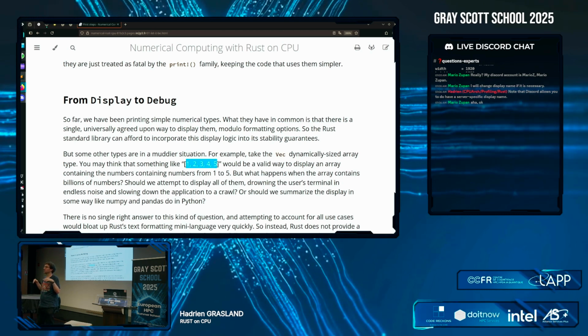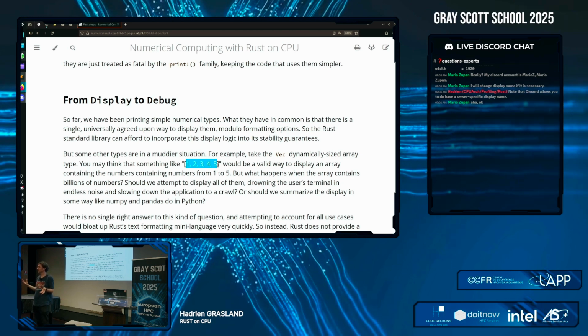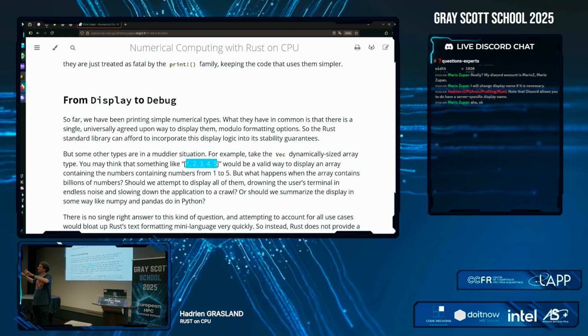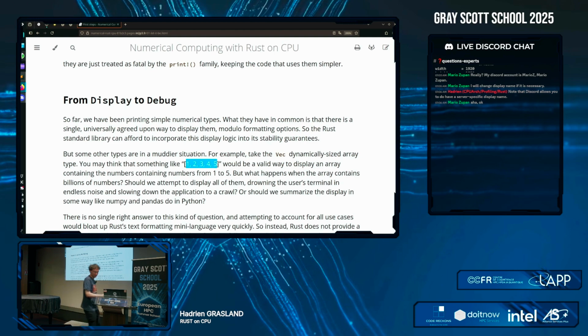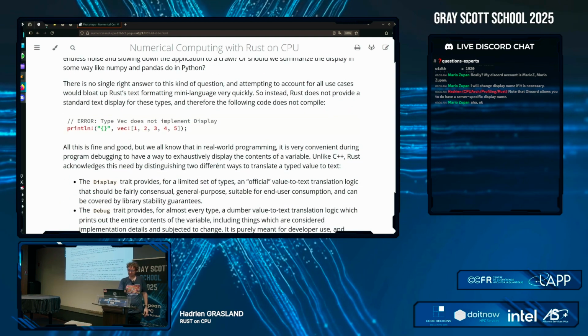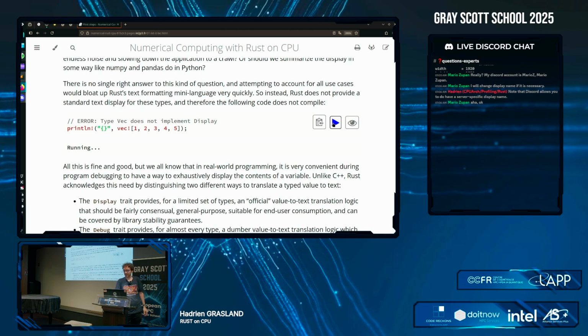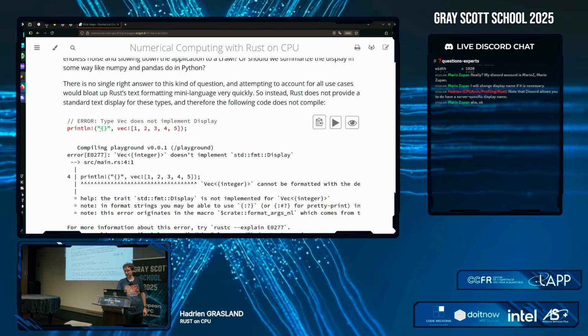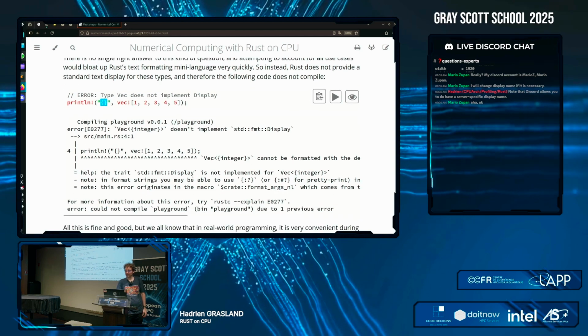Display is supposed to be the one true method for printing something. If you can think of a one true method, it should probably be a special purpose method of your type, not an implementation of the standard Display operation. So here, for example, I have a vector of stuff. It doesn't implement Display. If I try to use this standard display syntax, it tells me nope. It tells me, because it's a helpful compiler,